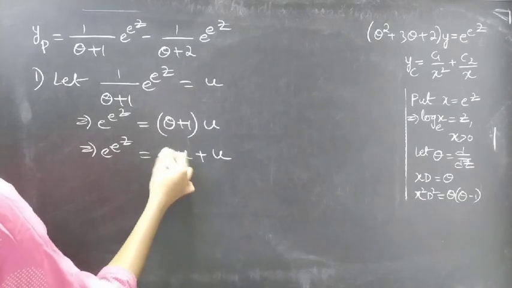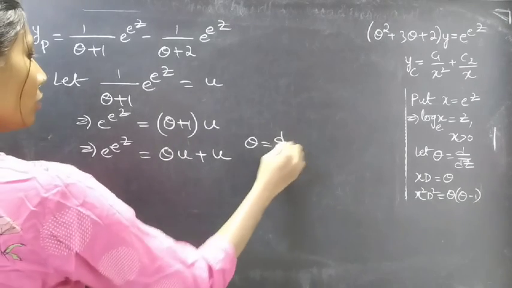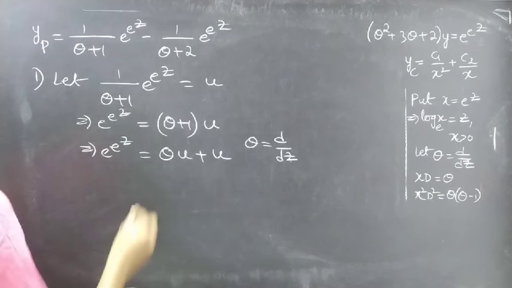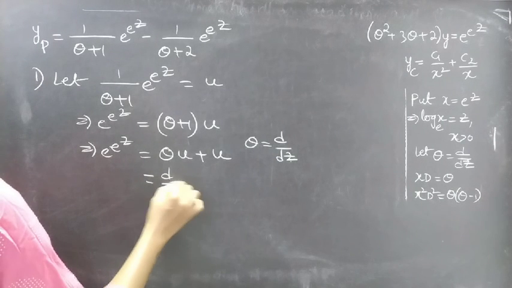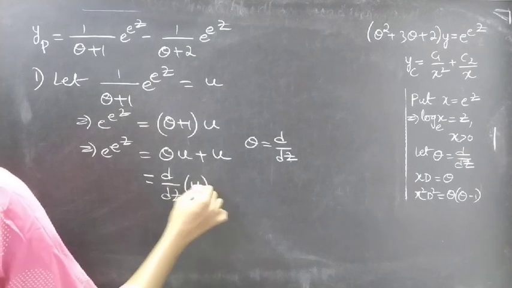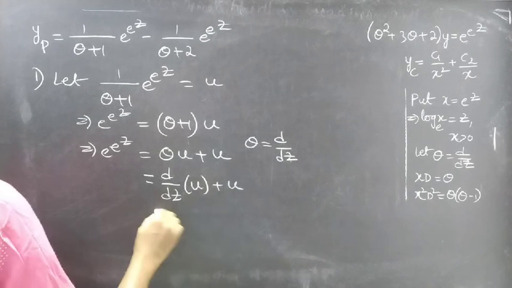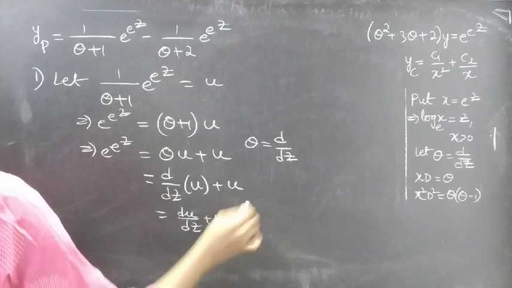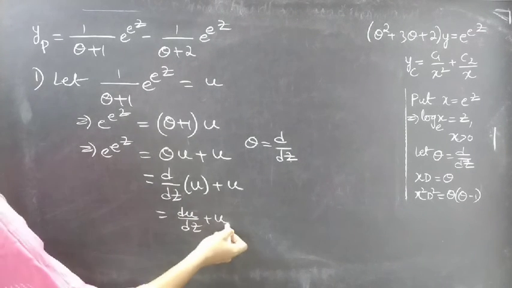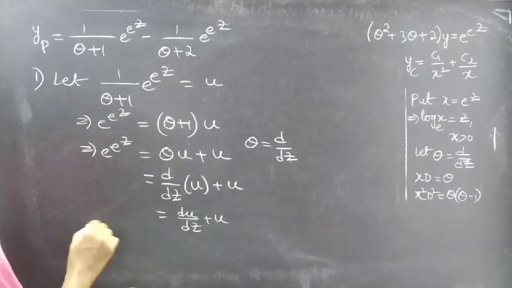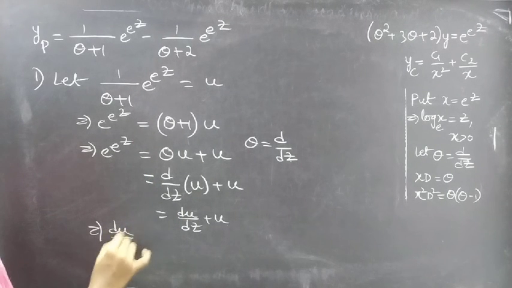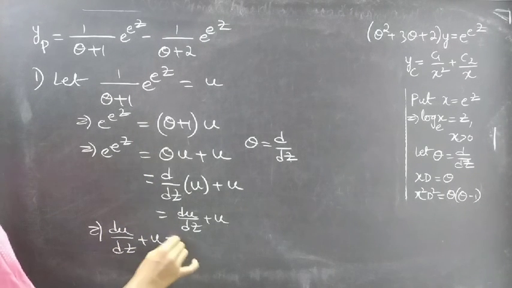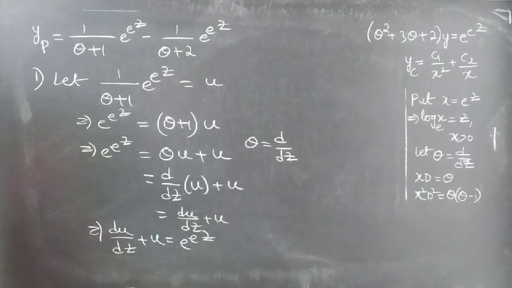We know that theta is a differential operator with independent variable z, right? Replace theta by d by dz. We'll get d by dz of u plus u. Derivative of u with respect to z is du by dz. Okay, du by dz plus u equals e power z. So we got du by dz plus u equals e power z, which is a linear equation in u and z,